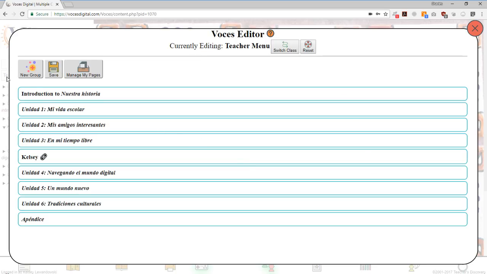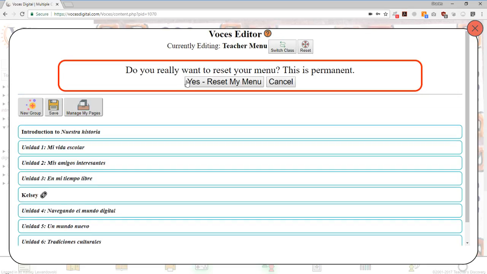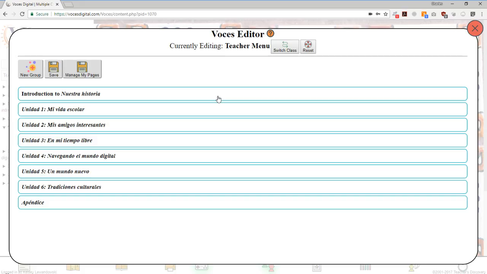So there is a way to do it that I showed you before on the table of contents, where you just switch from teacher menu to original menu. I can also come back into the editor and hit reset. And if I hit reset, it's going to ask me, do I really want to reset it? This is permanent. I'm going to go ahead and hit yes, reset my menu, which is going to take me